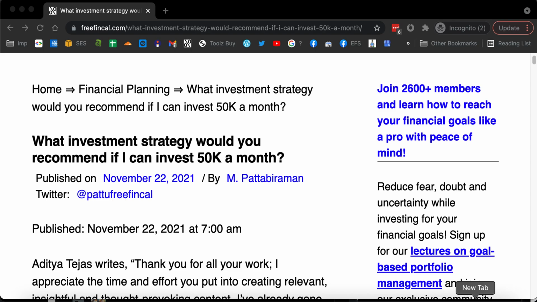Of course, the most ideal core approach would be passive investing. If you are an active investor, that's also fine. It doesn't take too much time to be an active mutual fund investor. An active stock investor may require a little more effort, but it depends on your investing style. But in general, I don't like this core and satellite idea. I would suggest to Aditya, be a 100% passive investor and enjoy the rest of your time.